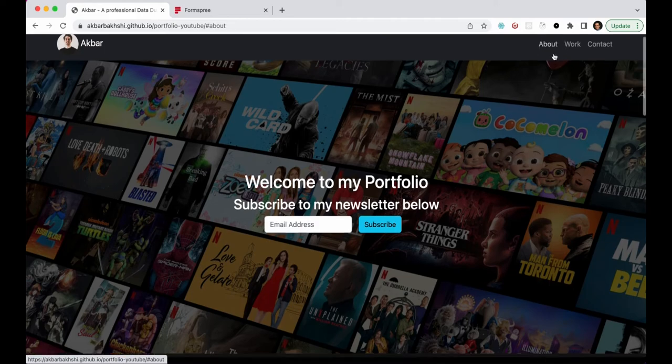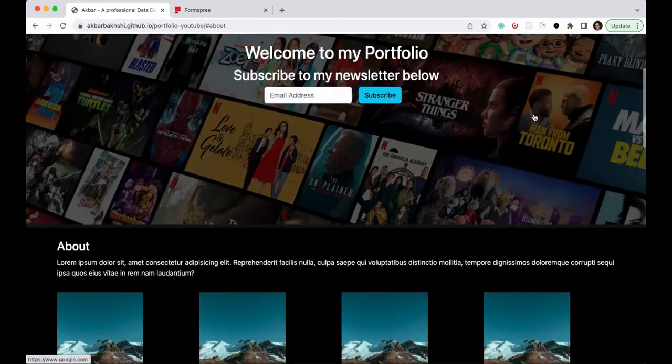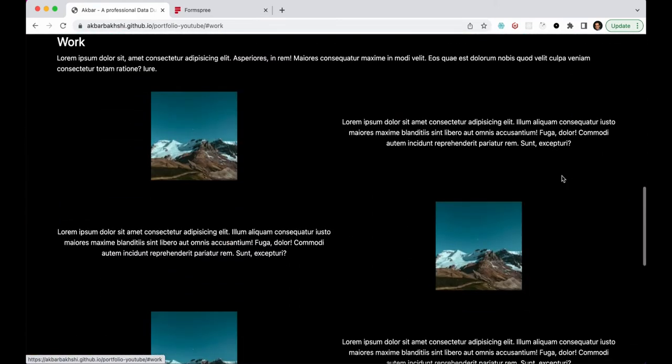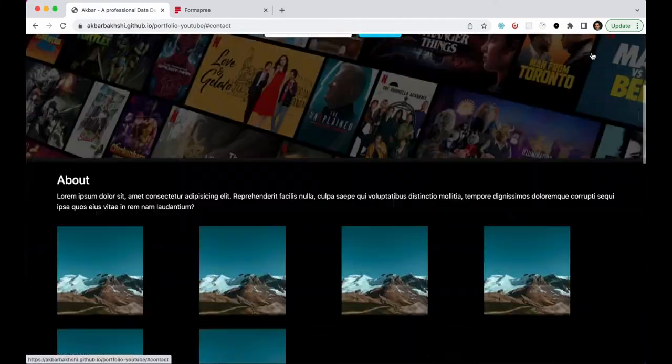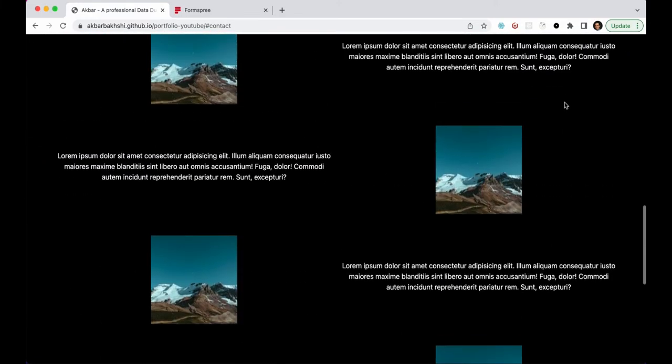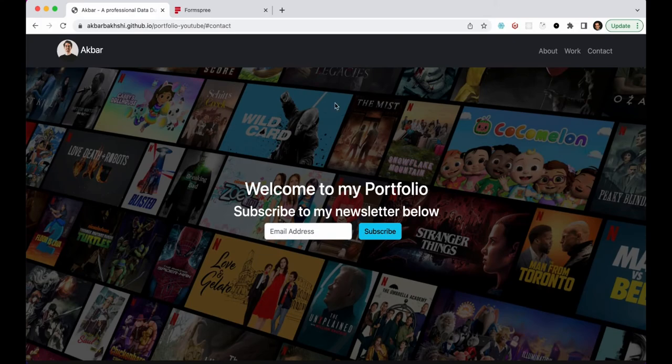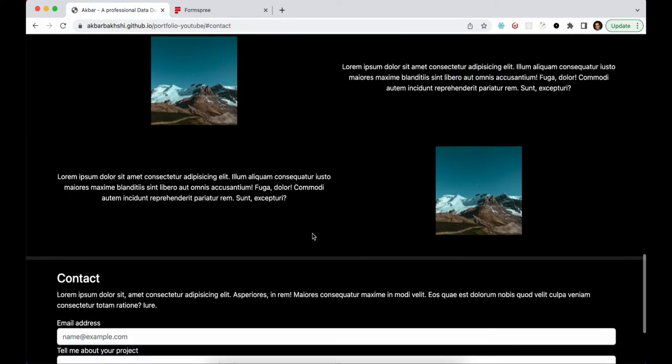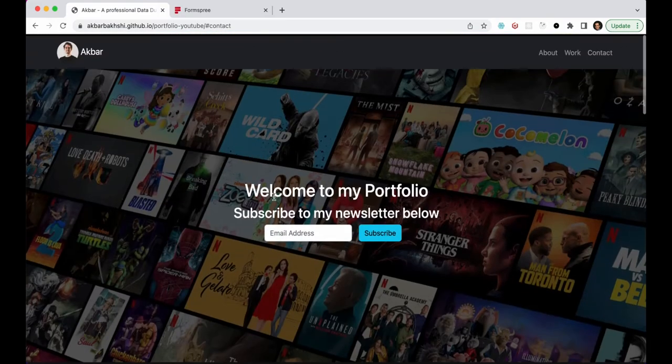And then as far as the navigation here, if you click on a section, it will scroll down to that section. So we have different sections about work and contact, so we're gonna take care of this as well, which is really cool. And finally we have a couple forms, as you saw here, this contact form over here and